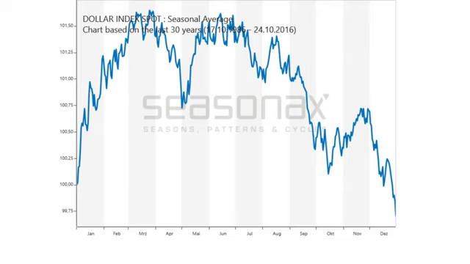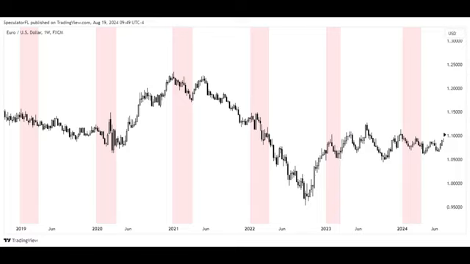So here it shows that the dollar forms higher prices from January to March, which means that EUR/USD will form lower prices, right? Now moving on, right here you can see this EUR/USD weekly chart. These rectangles represent the first 3 months of each year, from January to March. We're going to check the data inside these rectangles